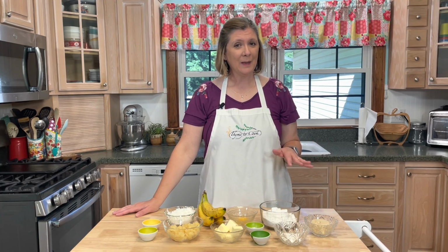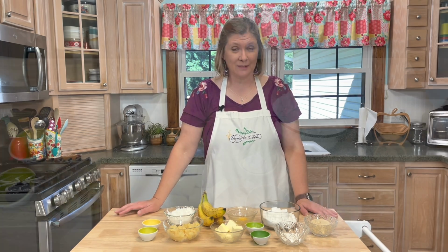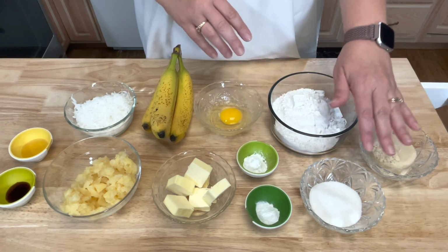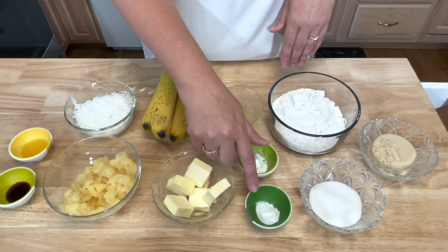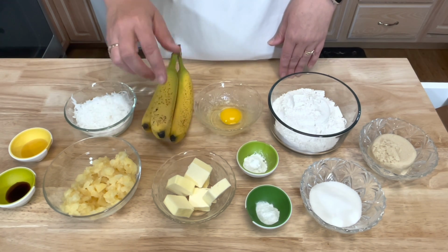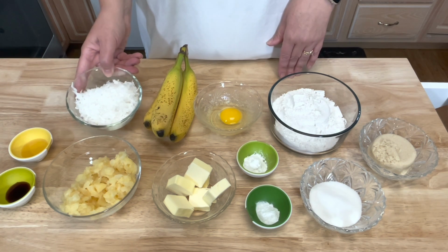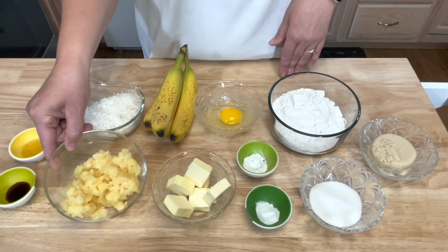Okay, so now let me go over the ingredients that you will need to make your Pina Colada banana bread. You will need 1.5 cups of all-purpose flour, 1/2 cup of brown sugar, 1/4 cup of white granulated sugar, 1/2 teaspoon of baking soda, 1.5 teaspoons of baking powder, 1 egg, 6 tablespoons of butter, 3 ripe bananas, 1 cup of shredded coconut, and this is the sweetened,